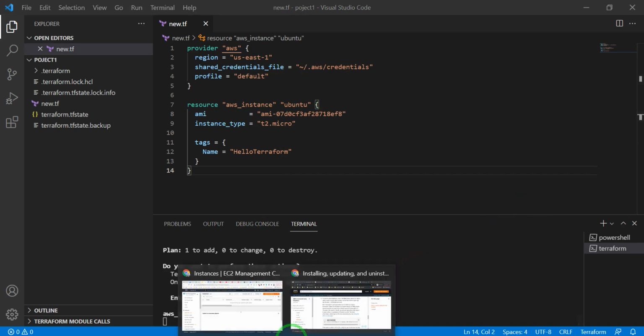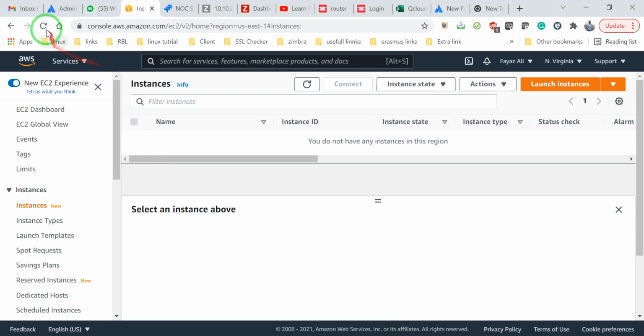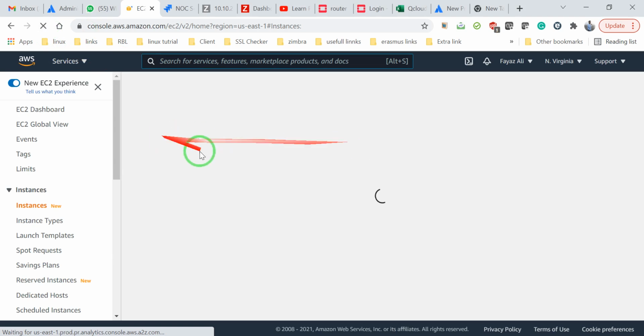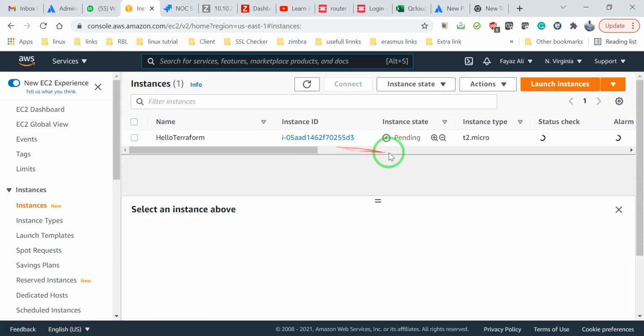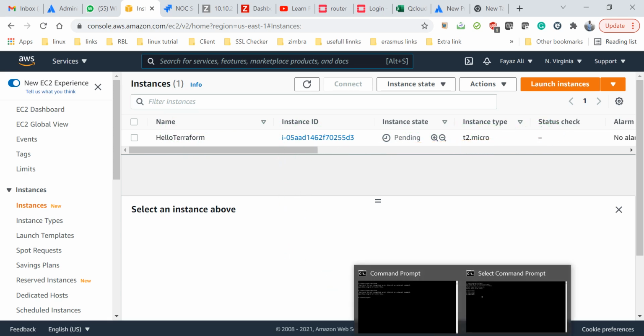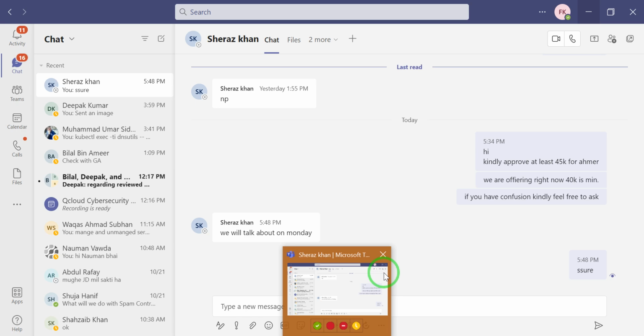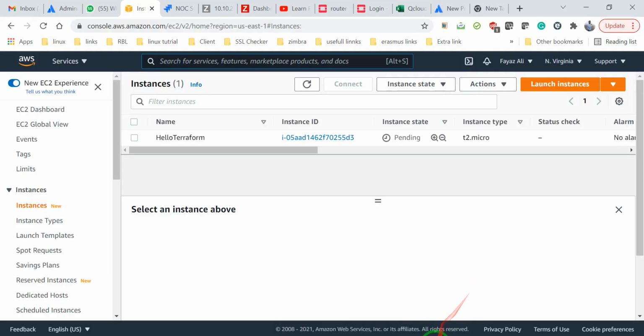Let me show you its ongoing process here. Meanwhile, from AWS, it's creating, see it's pending, and hello Terraform will be the tag name of our machine, a T2 micro, and it will be an Ubuntu machine, because we are using that image.